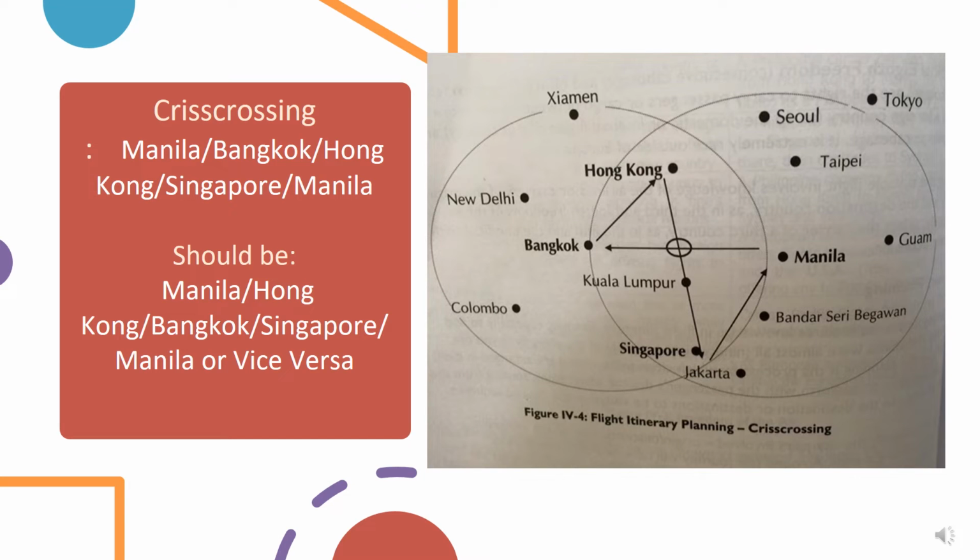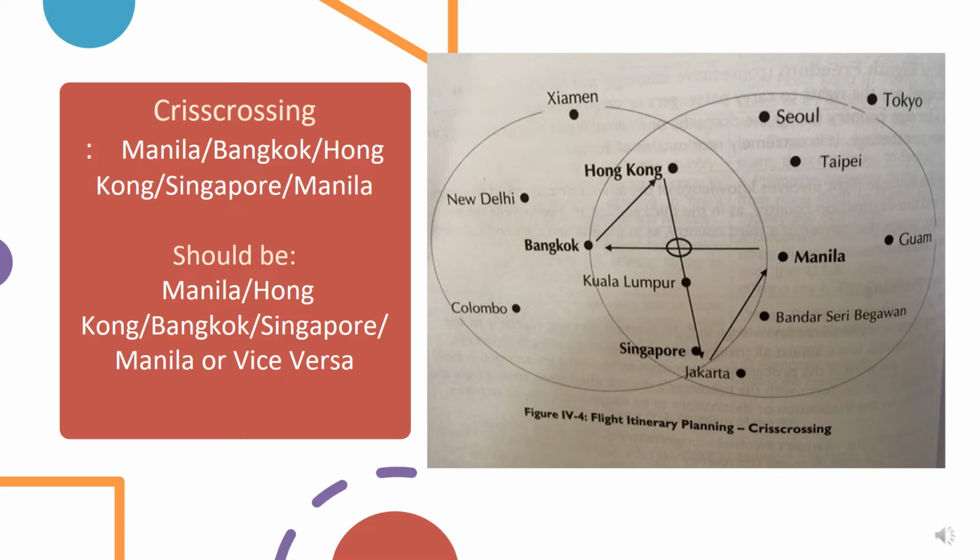Rule number 1. Avoid crisscrossing the sectors/segments of the itinerary. Literally, in the picture, when moving to destinations, it creates lines or crisscross lines. This is to save time in traveling, and save cost for the fuel. A better itinerary can be arranged in a circle movement. For example, in the picture, crisscrossing: Manila to Bangkok to Hong Kong to Singapore, and lastly, Manila, which is a very complicated itinerary. The appropriate itinerary should be, from Manila going to Hong Kong, then Bangkok going to Singapore and return to Manila,